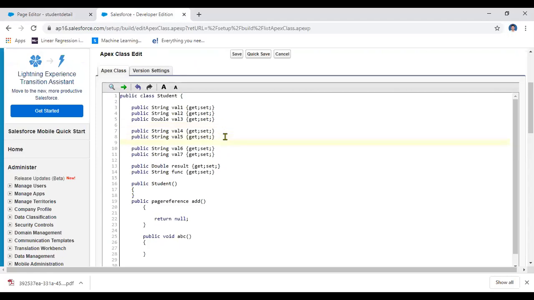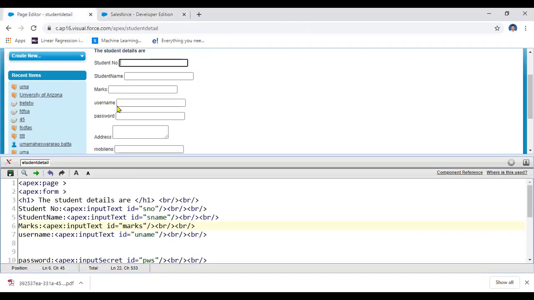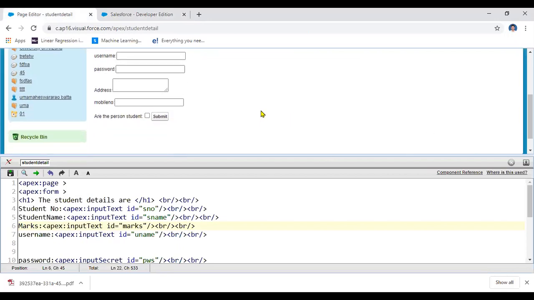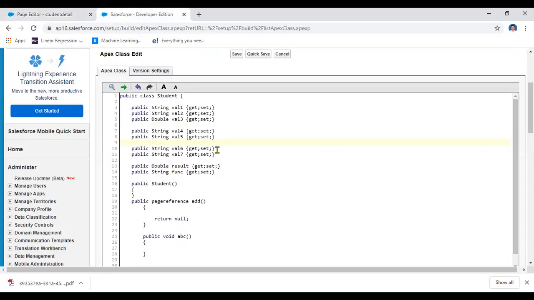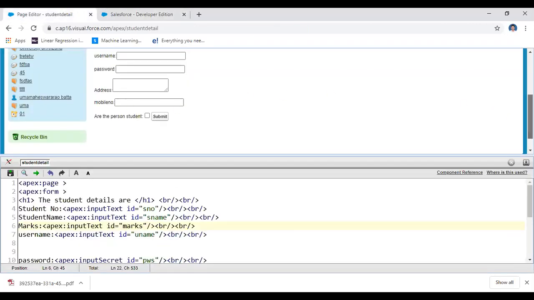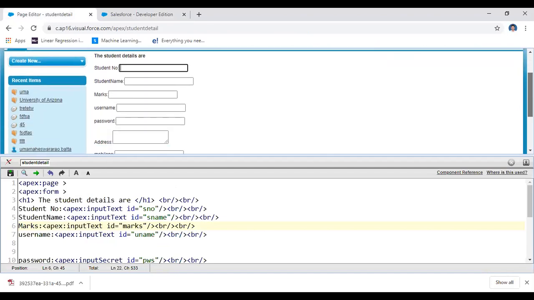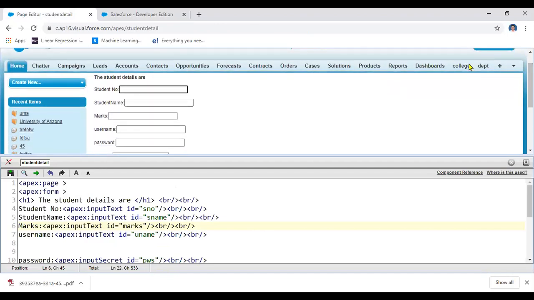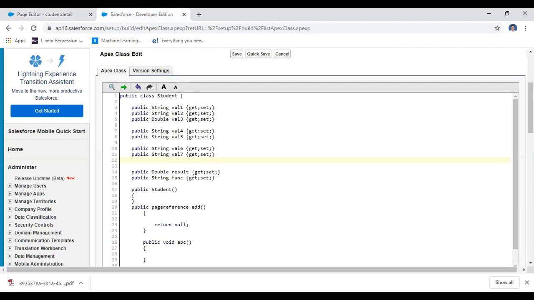Fifth one. Here, coming to the sixth one. What is the sixth one in this case? Here, address. For the address field also, I am taking the string, and then mobile number. For the address field, I am taking the string, and then 1, 2, 3. Okay, let us assume that this is a simple class.